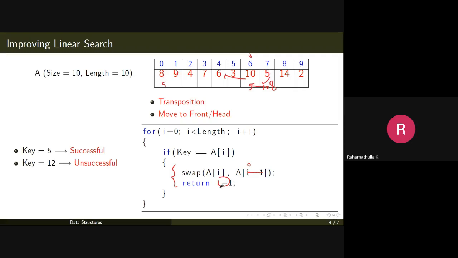position and return that value 0. It means that it's available in the first position. So in the next step, if you are searching for the same key value 5, you will get it in one comparison. But if you search for something else, for example, search for 7 and then you search for 5, then 5 will be thrown out somewhere else, and that's a bad idea.